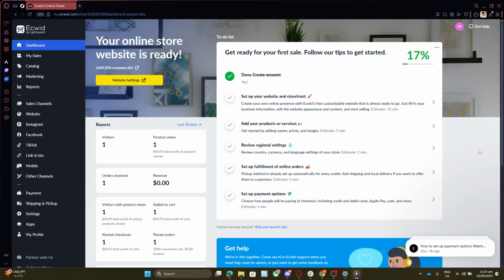Let's dive right in. First, we need to access the Ecwid control panel. This will be your central hub for managing everything related to your website and online store. Navigating there is simple. Just go to the Ecwid website and log into your account. Once you're logged in, you'll find yourself on the main dashboard, where you'll have access to all the features you